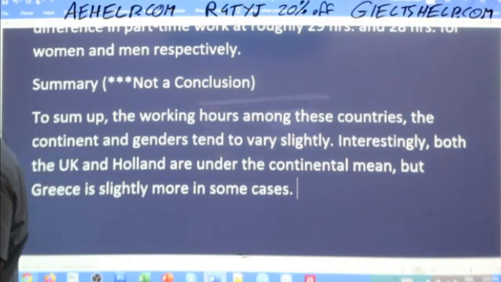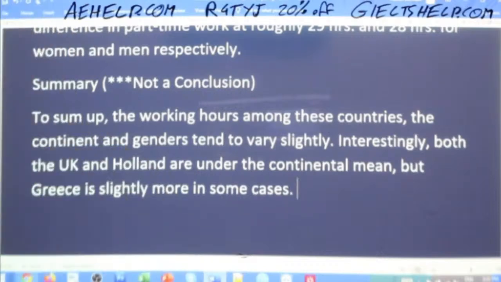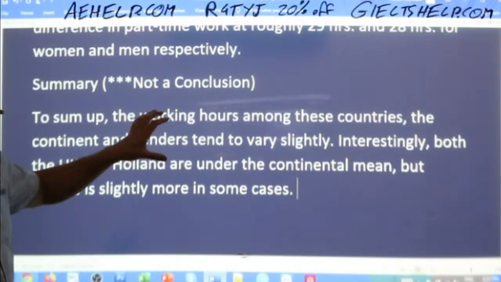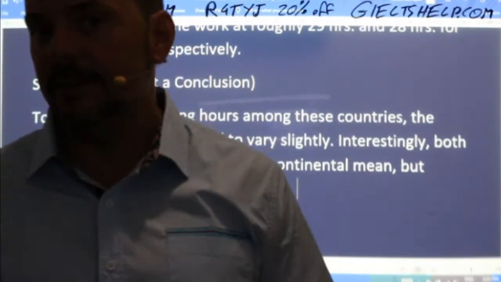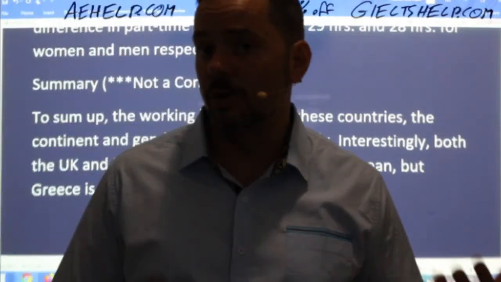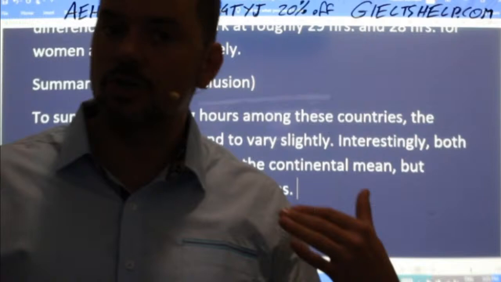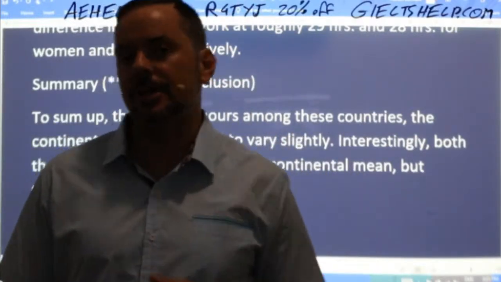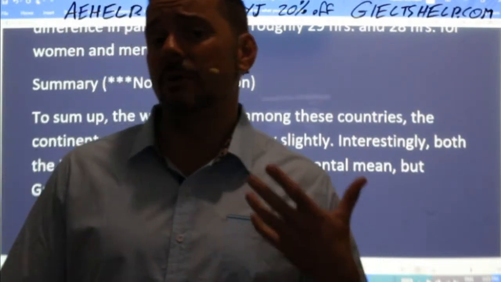Okay? And I'm sure you'll agree with me at this point, students, that if we're reading this essay and you have this kind of summary, which is clearly evident from these two tables, you're going to get a higher band score. And that's not just me saying that. The proof is in the pudding. When students learn this skill from us and they have this structure for their task 1, they always report a better writing score than their previous exams, not just by 1 band, but in many cases by 1.5 or even 2 bands.